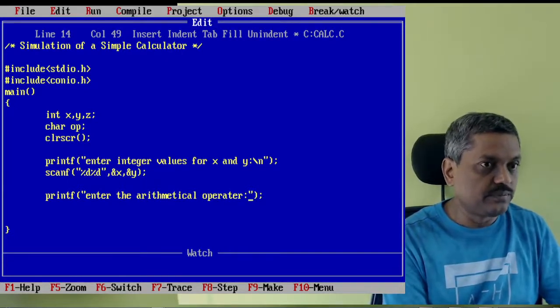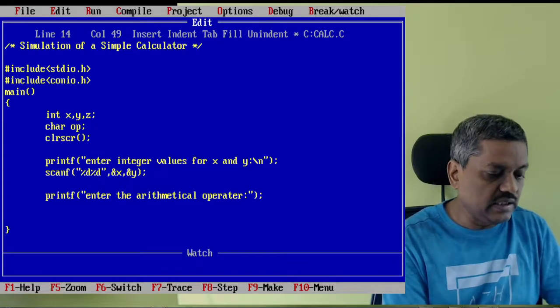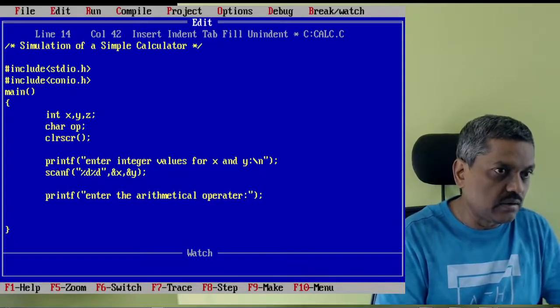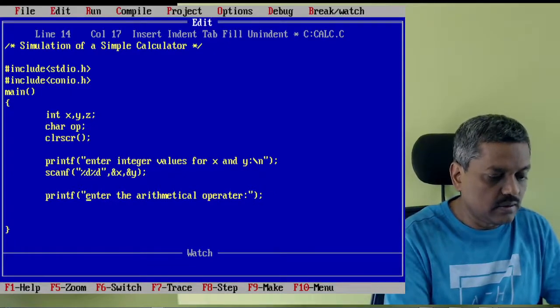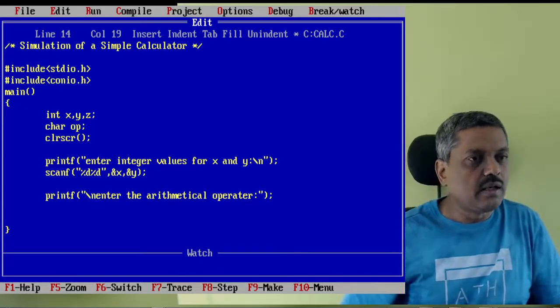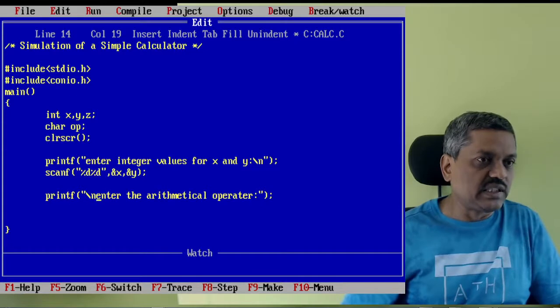You see that you don't need to put slash n over here. Instead of that, we put it at the beginning, because this slash n is also a character. You should be very careful. Later we can discuss it some other time.